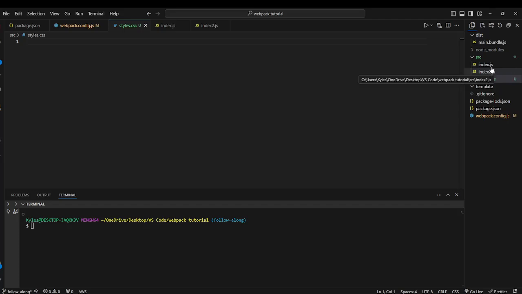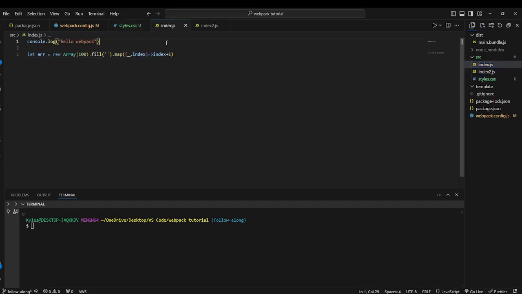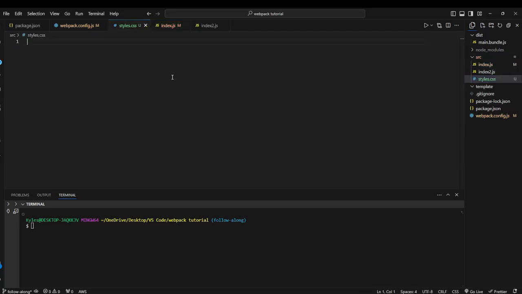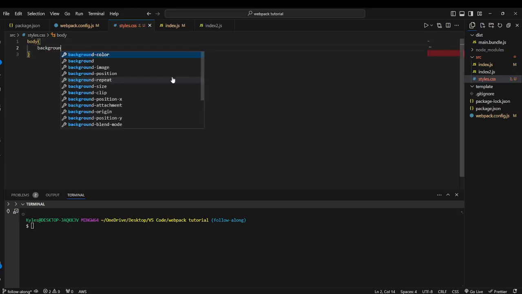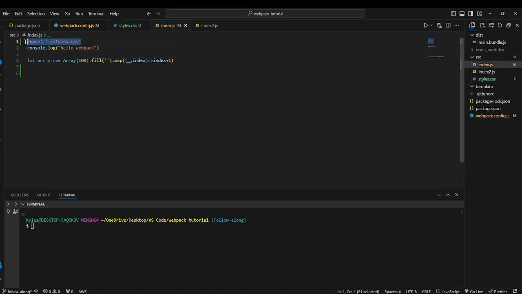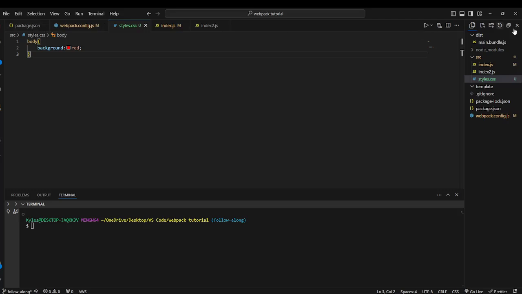With this styles.css, I want to import it into my bridge. So I'm going to import this. Let's put it on top. Import the styles.css file. And in my styles.css, let's set, say, body to background of red. So what we're doing is taking the styles file, importing it into the bridge index.js. You can import it to either of them, and it should come out into our